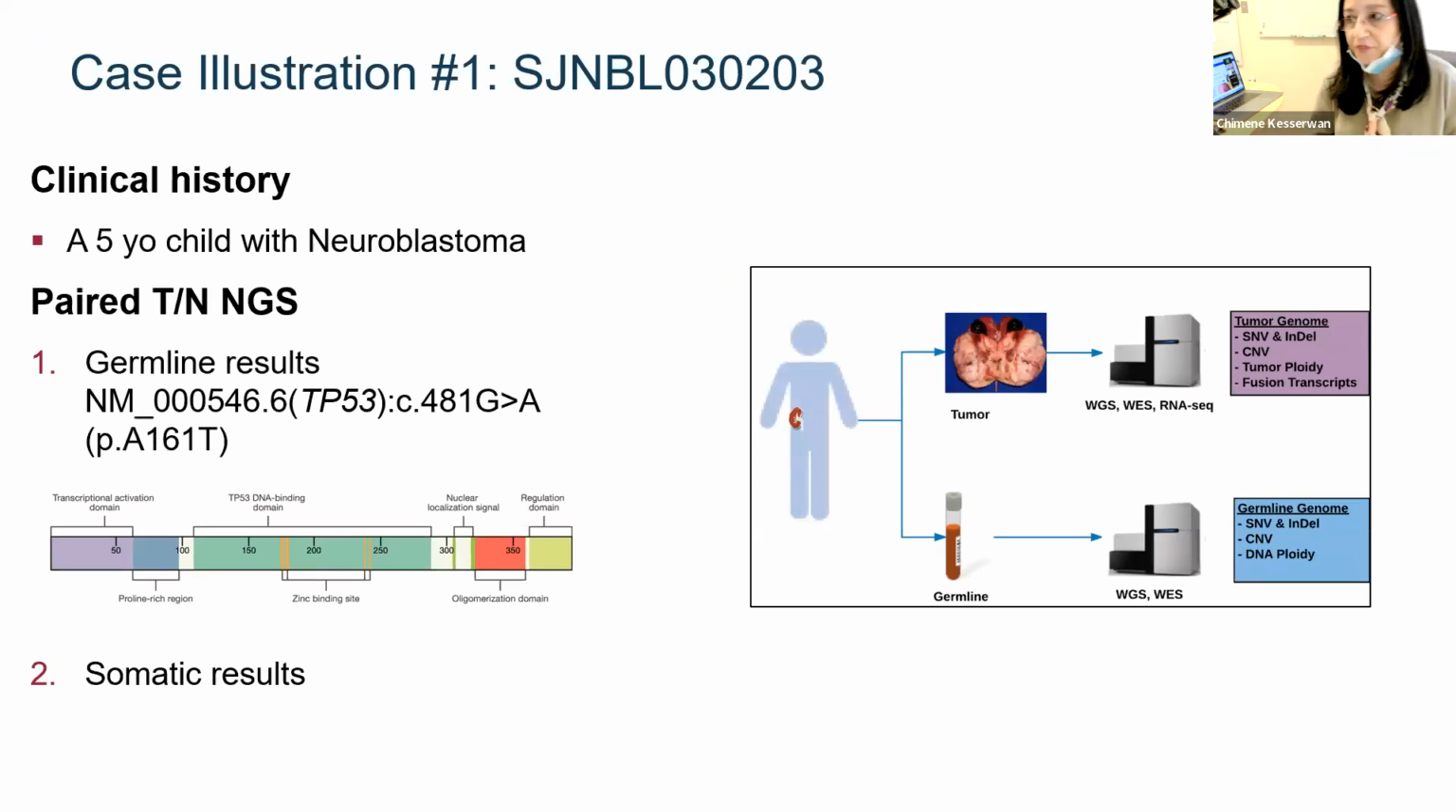So we finished the introduction. Everything I talked about is to start now the exercise. The first case is a 5-year-old patient with neuroblastoma, and he was enrolled on G4K. We did paired tumor-normal next generation sequencing testing. We did find in his germline a TP53 variant, A161T, c.481G>A. So this is the protein paint of the P53, and color coded are the various